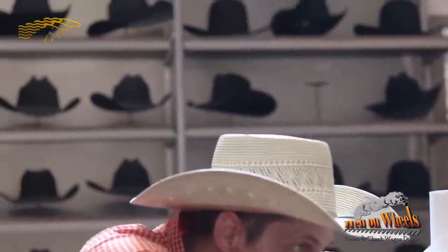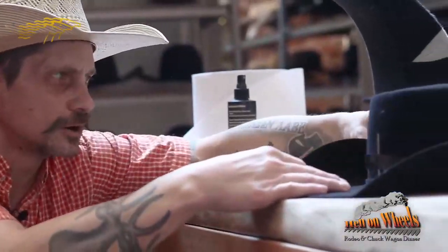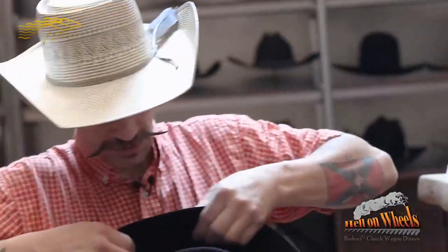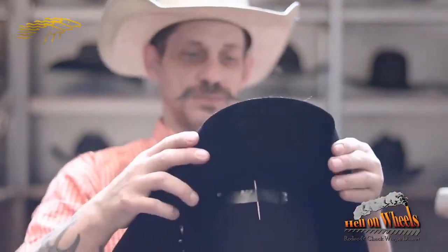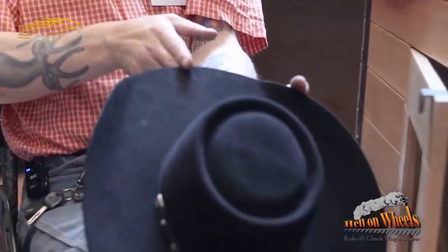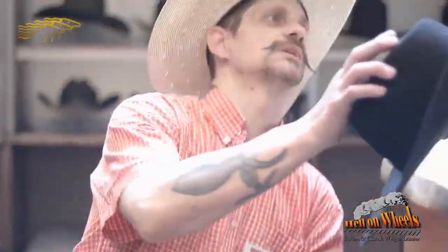And this here, I'm just trying to make everything even. And periodically I'll even have the person put the hat on so I can look at them wearing it to essentially make sure I've got everything even to where it's not going off to one side or the other, which this one is right